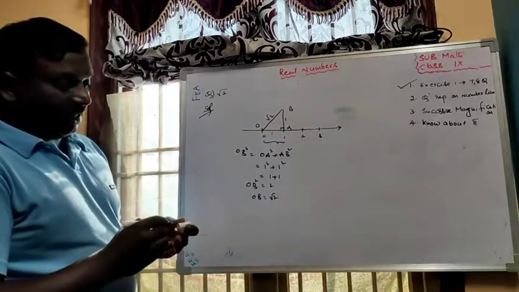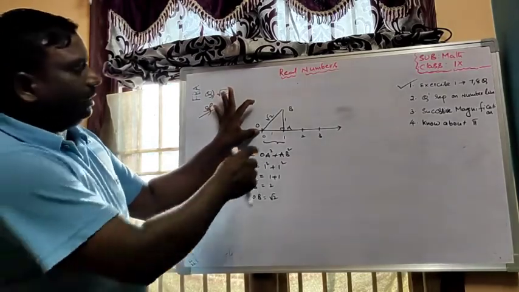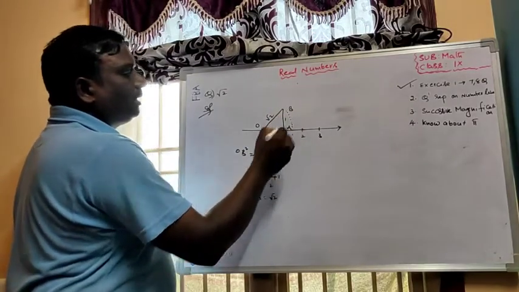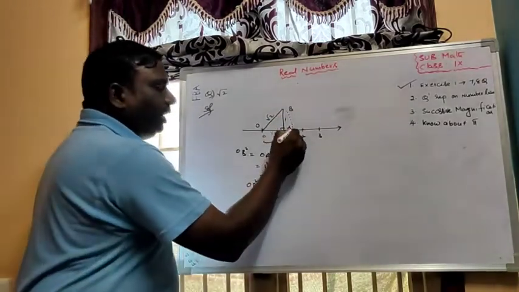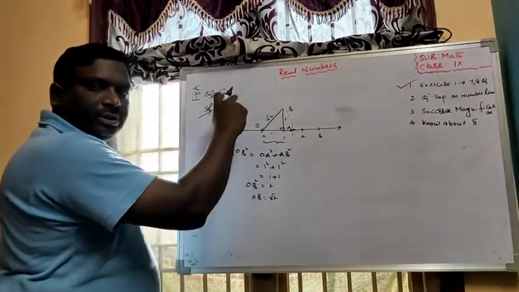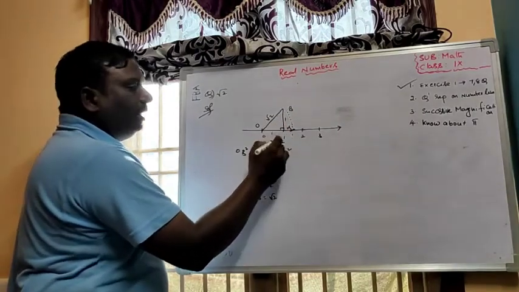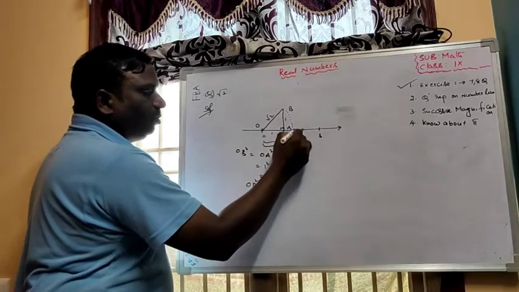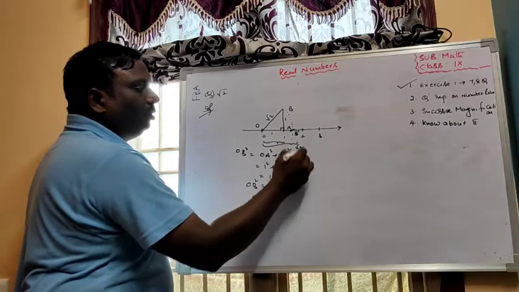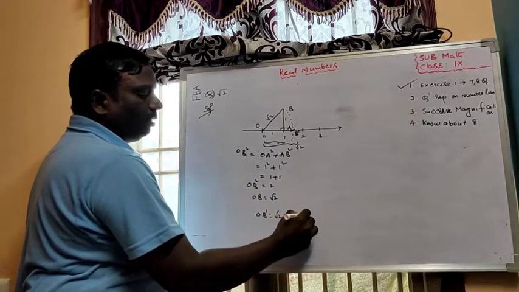So take the compass. I already explained that we need a compass for this type of question. Place the compass at O and take the radius of OB. Draw an arc like this. Wherever the arc intersects the number line, that point is root 2. Because an arc is a part of a circle, this is the radius and this is also the radius. So the total distance from here, I am taking as B dash, is root 2. OB dash distance equals root 2 on the number line.